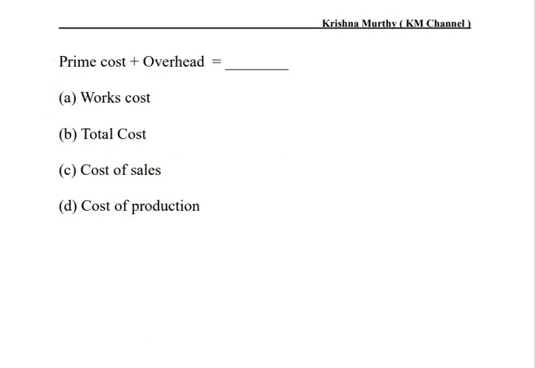prime cost plus overheads equal to dash. First option, work cost. Second option, total cost. C option, cost of sales. And D option, cost of production. The right answer is total cost. That is B. Next one,